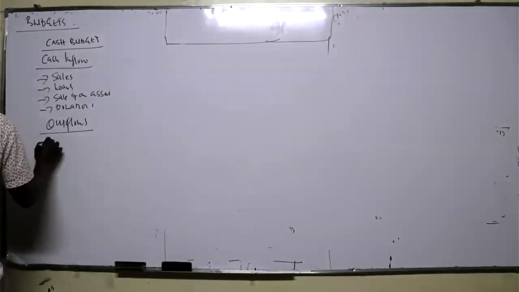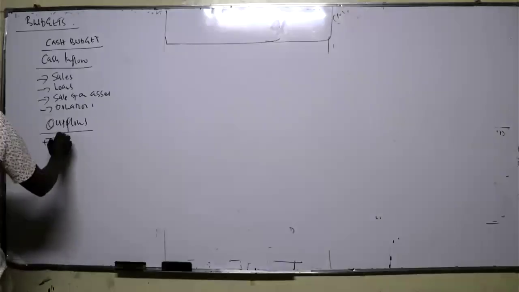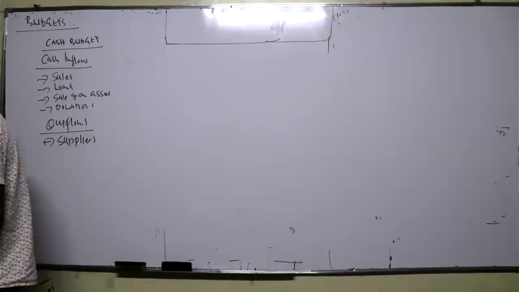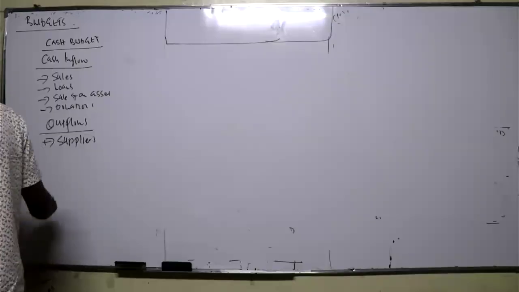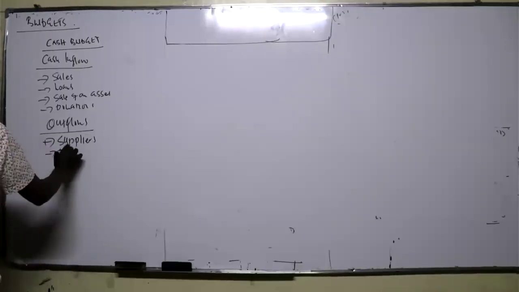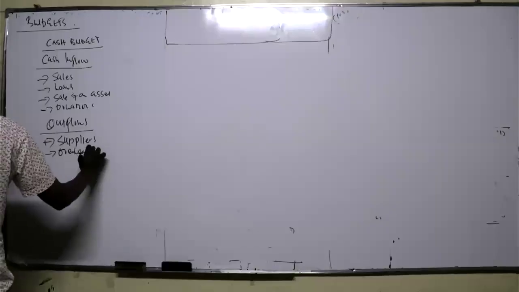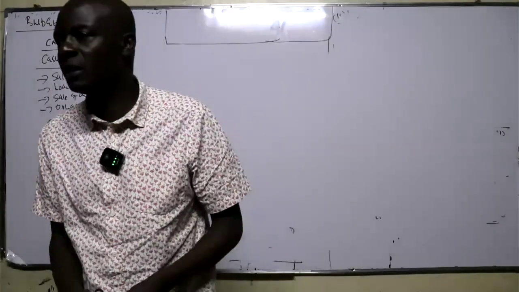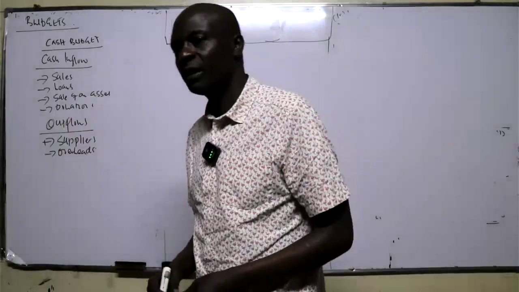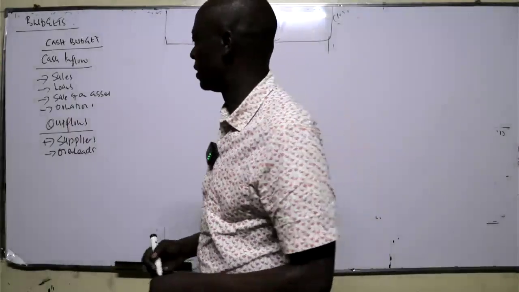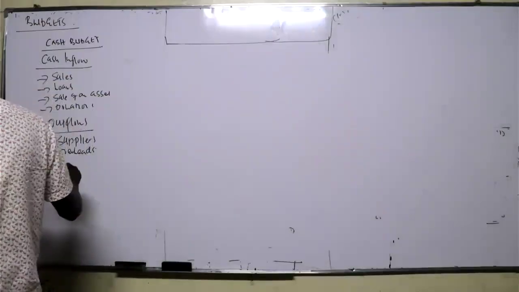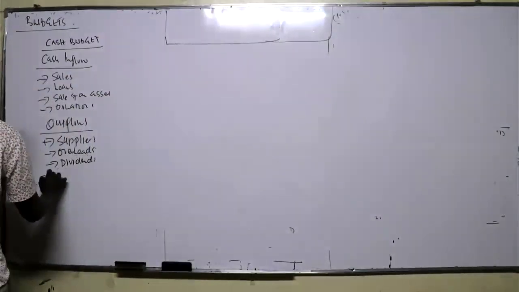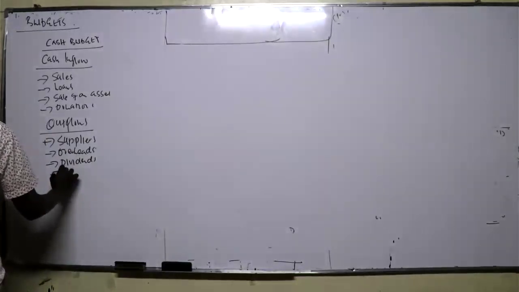Outflows, number one, they can pay suppliers of stock items or raw materials. They can pay for overheads. Overheads include expenditure such as salaries, electricity, and other expenses. They can also pay dividends. They can buy an asset,